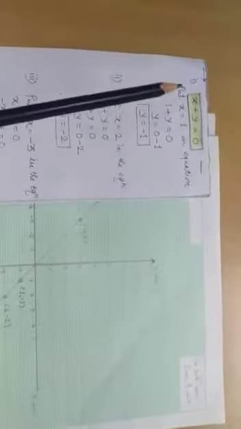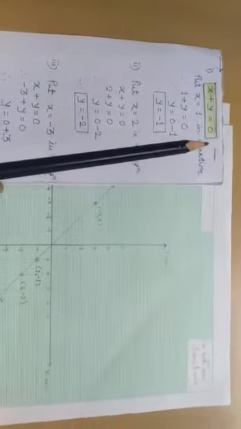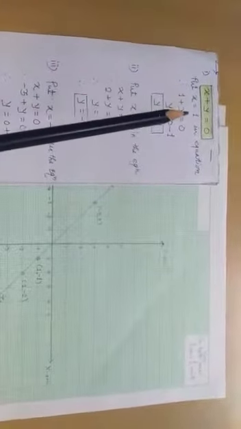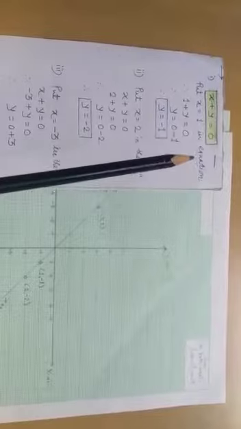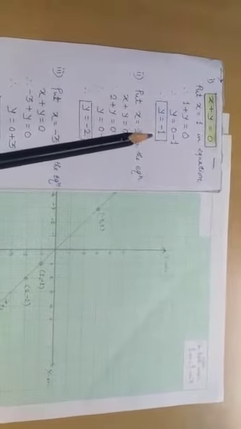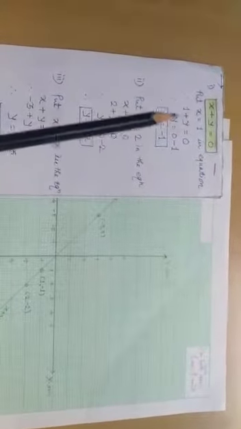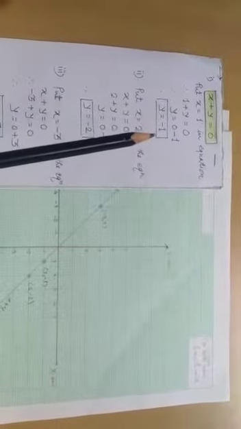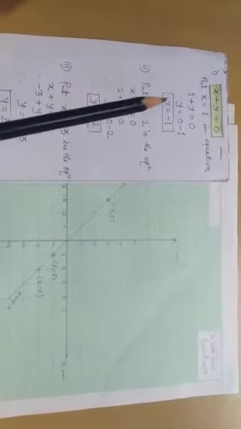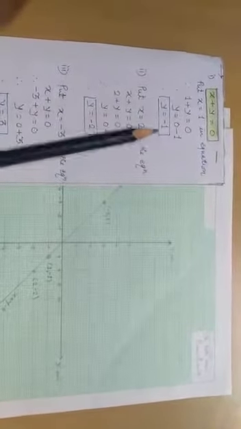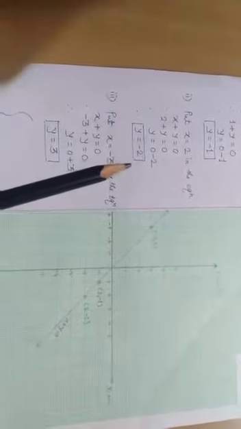first equation, x plus y is equal to 0. Put the values of x in given equation, we get the values of y. If we put x is equal to 1, we get y is equal to minus 1. Then x is equal to 1 and y is equal to minus 1 is the first ordered pair. Then put x is equal to 2 in equation, we get y is equal to minus 2. This is the second ordered pair.